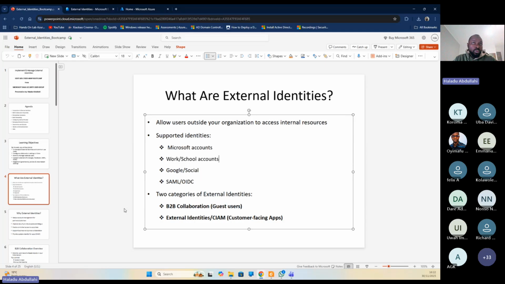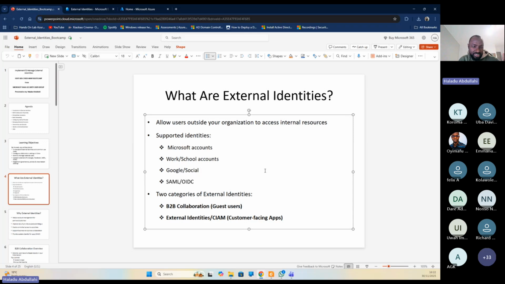In the legacy way, administrators used to be the ones resetting your password. But now in the modern cloud and AI era, SSPR is there. Let the user reset his password. All he needs to do is verify he's the one doing it. So the same applies for external identities. You have taken off all those administrators and you allow the user to be able to do it from